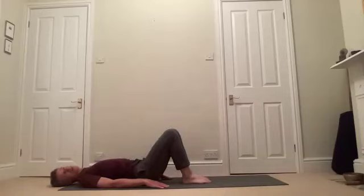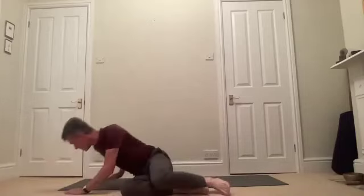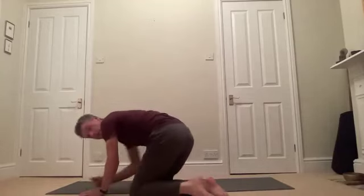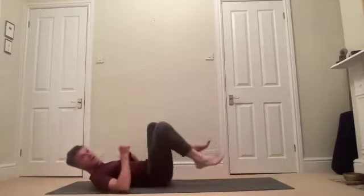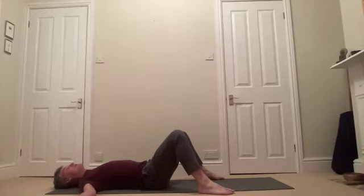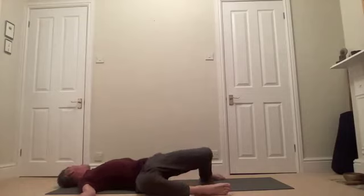Okay, so what we're going to do, I'm going to need to give myself a little bit more room, a bit tightly up towards the back of the room here, so you can still see me. Okay, so arms are out at shoulder level, which you might not be able to see. And feet are wide, so we're doing this wide-legged twist. So as you take your knees over to one side, if you look at the opposite hand,